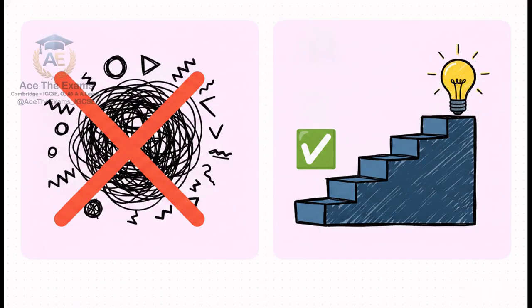Think about it. Superficial breadth is what Alex does. It's writing down 10 random, loosely connected facts about circuits and hoping the examiner finds one they like. Analytical depth, on the other hand, is deliberately using PEEL. You state a specific point about the hazard, you pull concrete evidence directly from the question's diagram or data table, you offer a rigorous physics explanation using the correct terminology, saying something like increased resistance leads to a higher rate of thermal energy dissipation, and finally you link it all back to the specific safety consequence demanded by the command